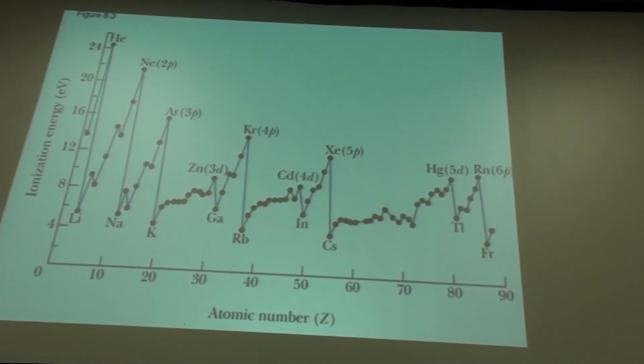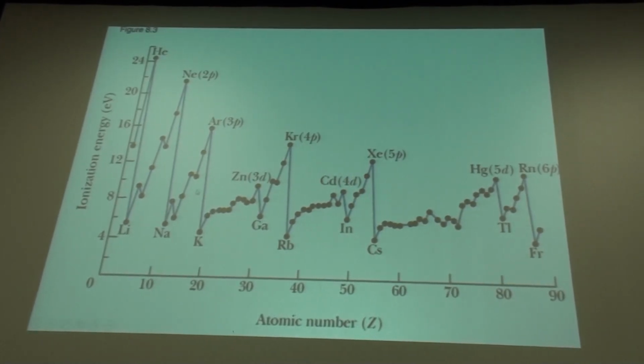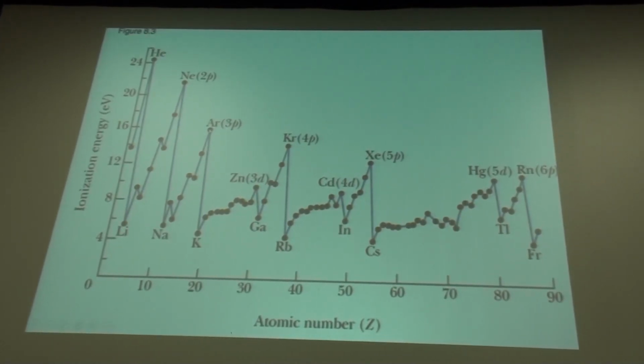And so we can see then that this is also true for n equals 2. Now for n equals 3, we see the same pattern. But when we get to n equals 4, that pattern is messed up a little bit by the fact that for n equals 4, we get some 4p orbitals in here before we get to the 3d orbitals. Okay, and so after we get past here's n equals 1, the ionization energy goes up from hydrogen to helium. Here's n equals 2, ionization goes up from lithium to neon. And we also notice that it's hardest to ionize a noble gas.